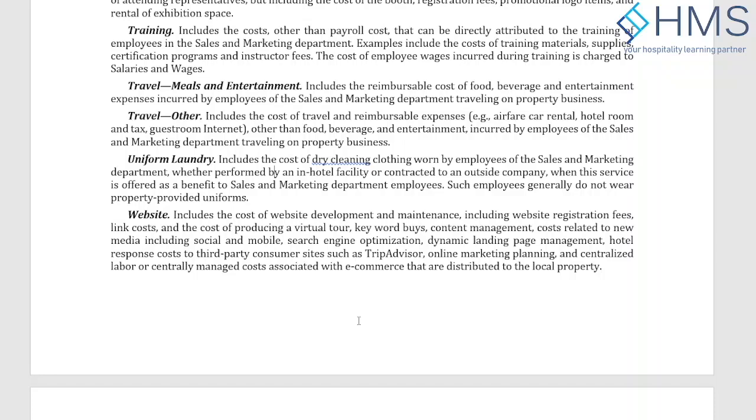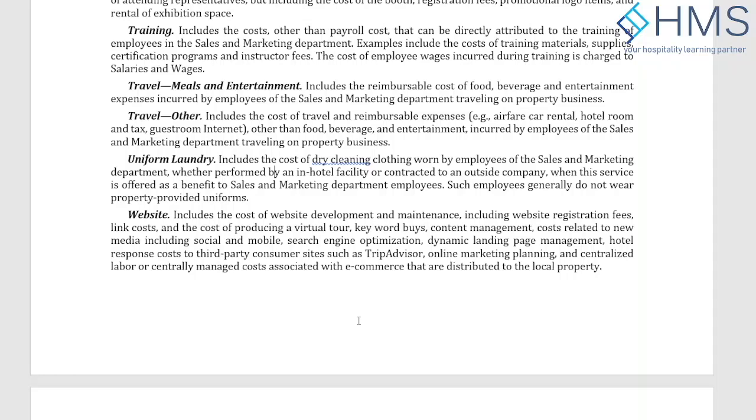So if you are combining, let's say, all the expenses on training, traveling, meals, and everything of the trade show into the trade show line, you just have to be consistent, so that year on year, when you are comparing the cost of the trade shows, you know what you have spent and how much you are going to spend now, or whether you are saving anything or overspending. So consistency is pretty important.